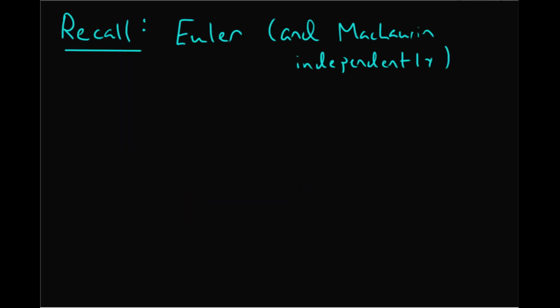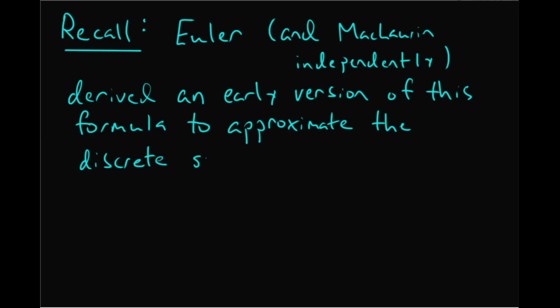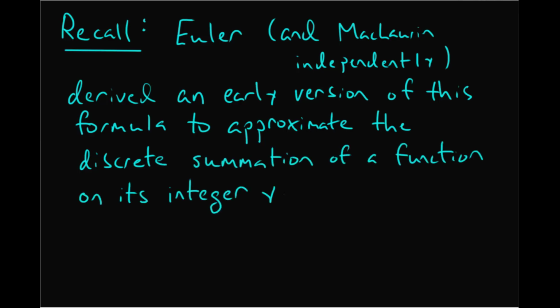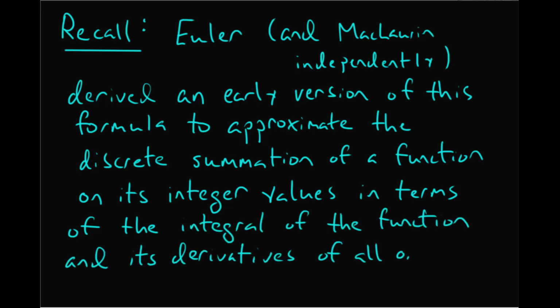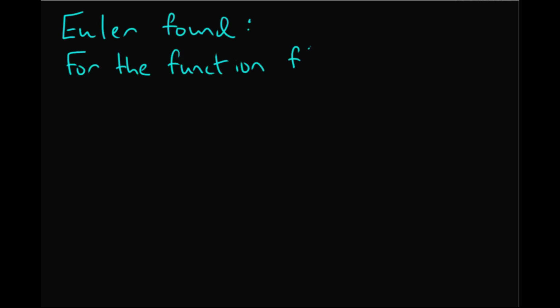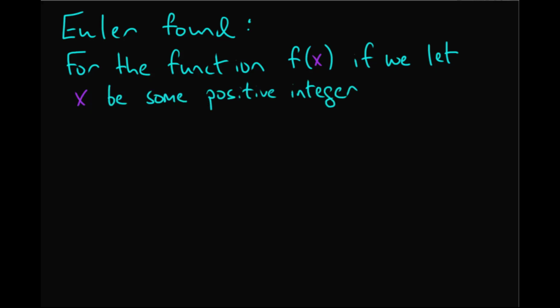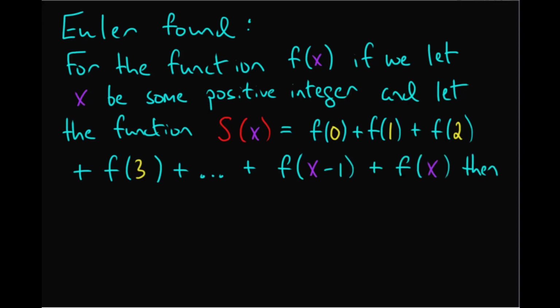So first recall from our previous videos on this formula that Euler and Maclaurin independently derived an early version of the formula to approximate the discrete summation of a function on its integer values in terms of the integral of the function and its derivatives of all orders. And that formula is the following. If we have some function f of x, and we let x be some positive integer and let the function capital S of x equal f of 0 plus f of 1 plus f of 2 plus f of 3 plus ... plus f of x minus 1 plus f of x, then that summation function S of x equals